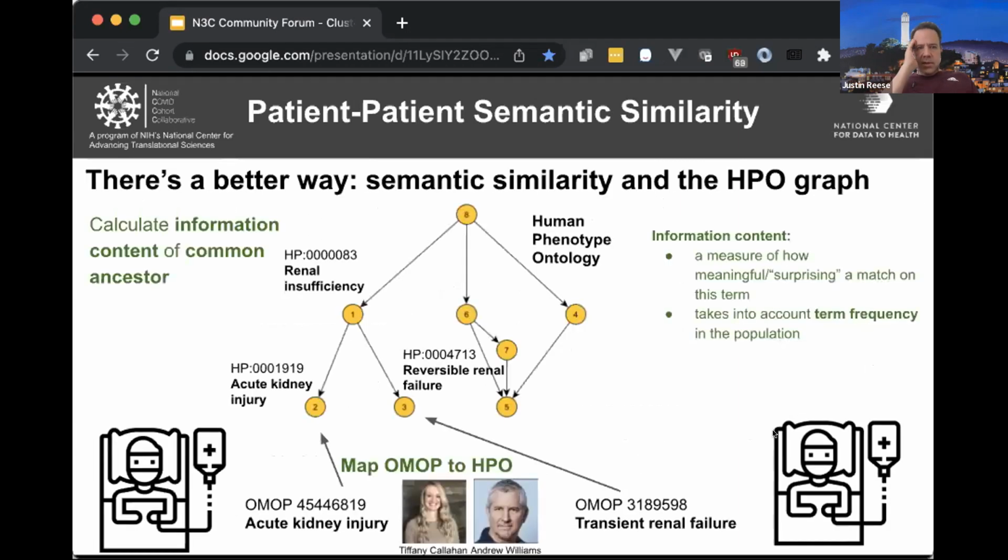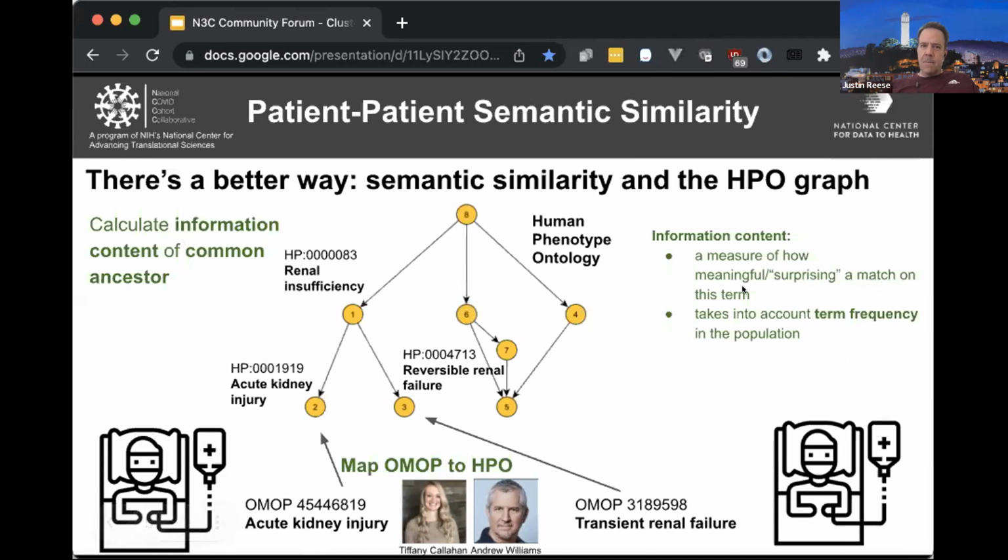But there's actually, we think, a better way of doing this, which we've implemented in the enclave, and that is semantic similarity that leverages the HPO graph. So specifically, in this particular example, acute kidney injury and transient renal failure from patients A's and B's would be mapped to these HPO terms, acute kidney injury and reversible renal failure. We go find their common ancestor, which is, in this case, renal insufficiency, and we calculate the information content of